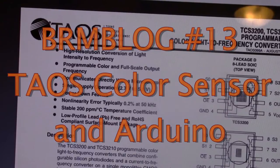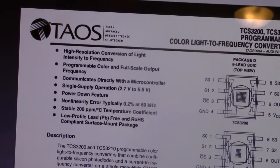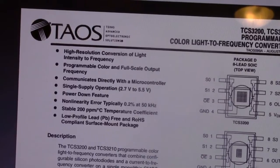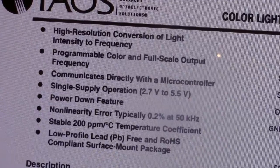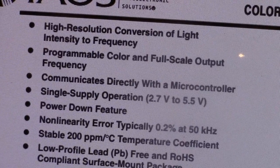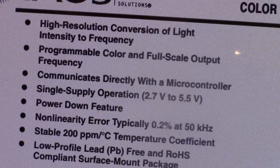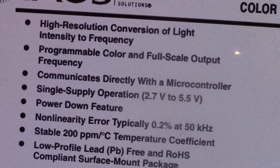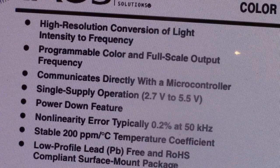What I did is I bought the OSEPP breakout board for it, and I'll show you that in a second. But I wanted to show you the chip first. It basically turns color into a frequency that you can then count. You can send it to an Arduino or whatever microcomputer you want to count that frequency, and then you can scale it however you want, and then determine the color that the